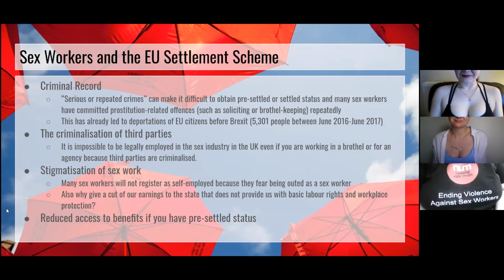So this has already led to deportations of EU citizens before Brexit. So we counted over 5,000 between June 2016 and June 2017. So this is already a big problem that the sex work community is facing. The other